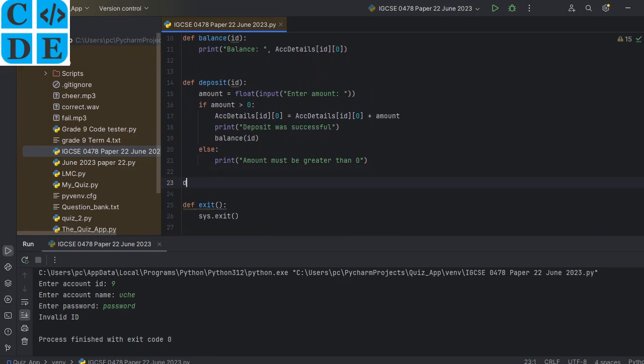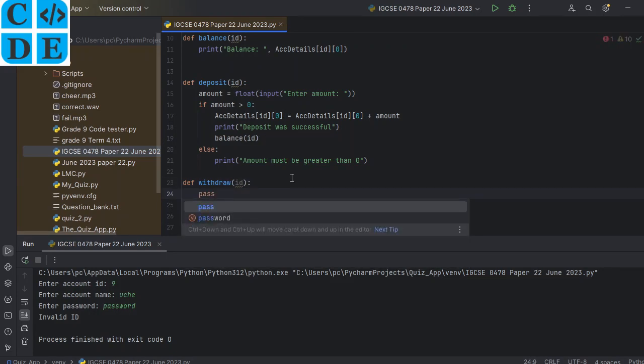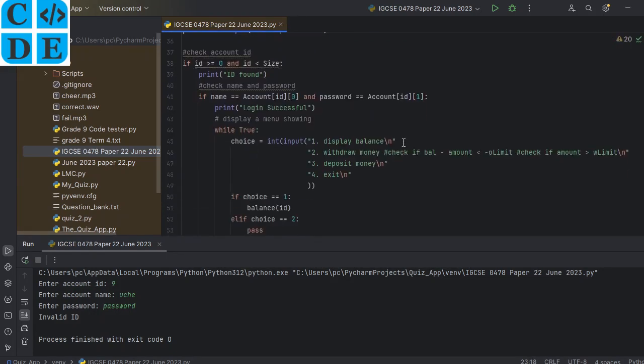Okay, def withdraw, ID, and then the rest of the code goes in here. We need to copy this here because this message is not needed here. So let me take this out. Okay, but before we proceed to do the withdrawal, let us try to run this program to see